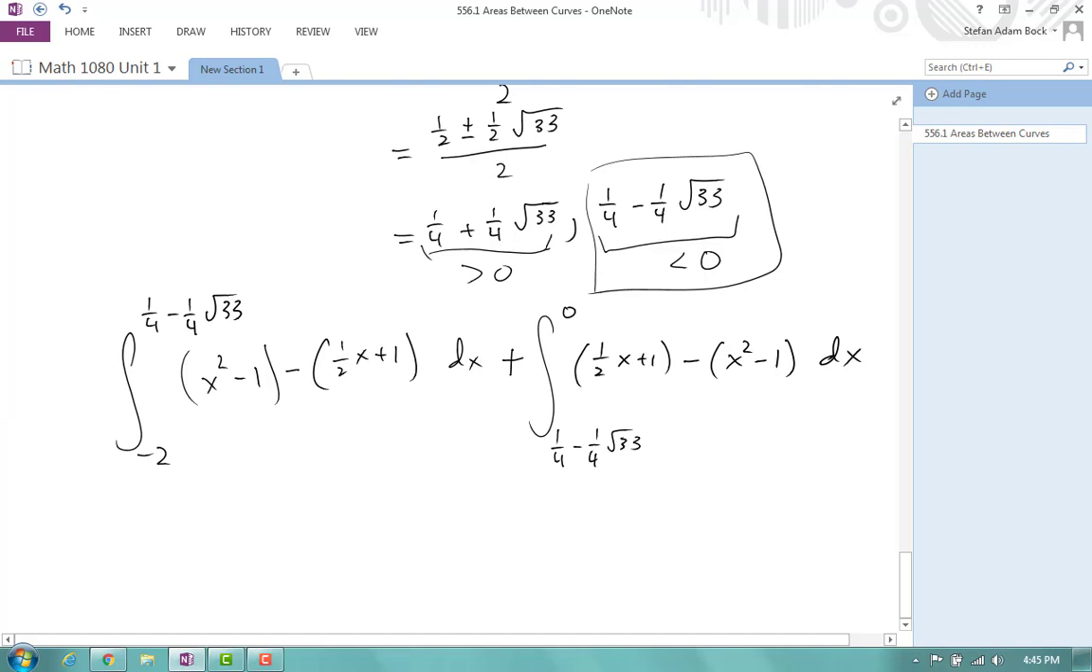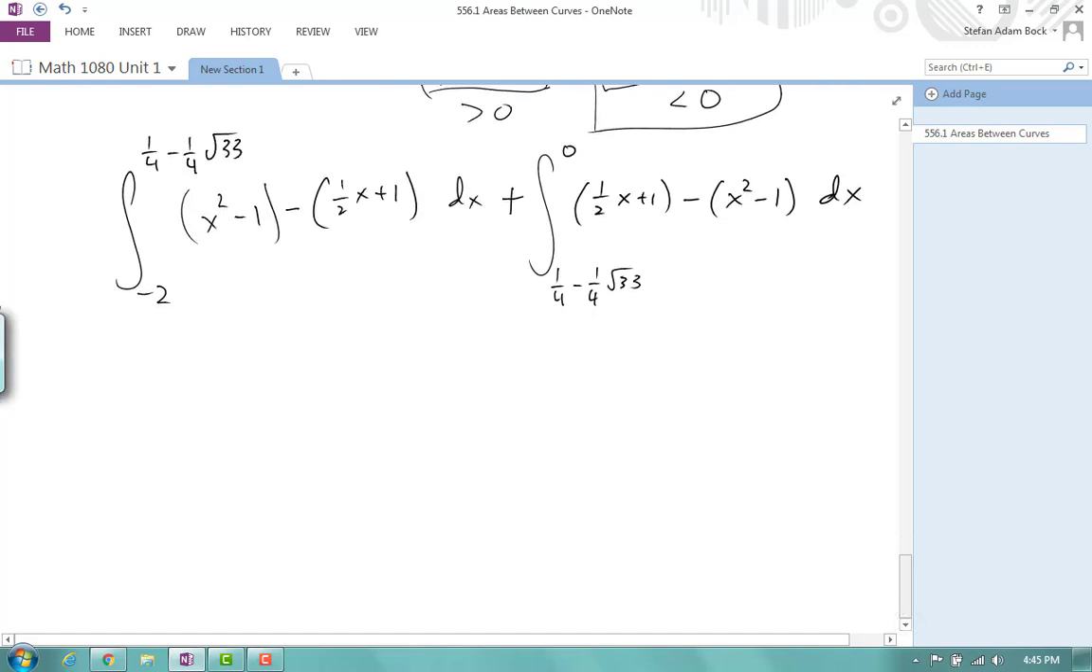Now these are just basic polynomials, and so evaluating this integral is just a simple matter of antiderivative and then plug in the numbers. So I'll write that step, but then leave it alone. So this will be x cubed over 3 minus x minus 1/2 times x squared over 2, minus distributes minus x. That's from negative 2 to 1/4 minus 1/4 root 33, plus,